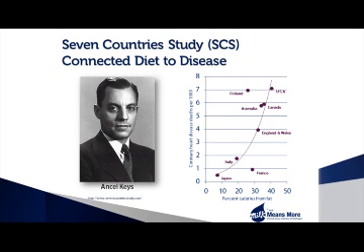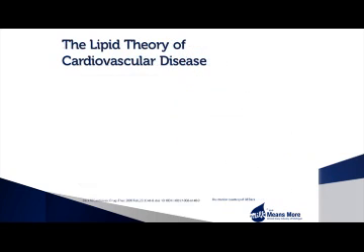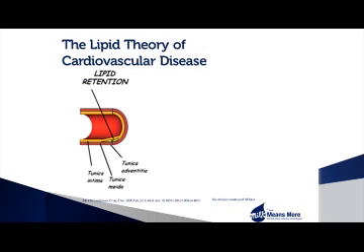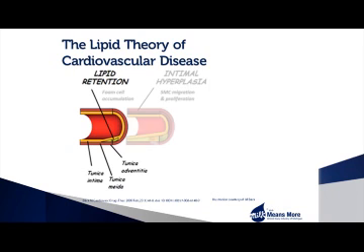In the 7-country study, he set out to prove the relationship between dietary fat and heart disease. His hypothesis was that the rate of coronary disease varies according to physical characteristics, dietary fat composition, and serum cholesterol levels. Today it is believed that circulating cholesterol penetrates the endothelial lining of the arterial walls, injured due to risk factors such as family history, smoking, excess body fat, or hypertension.